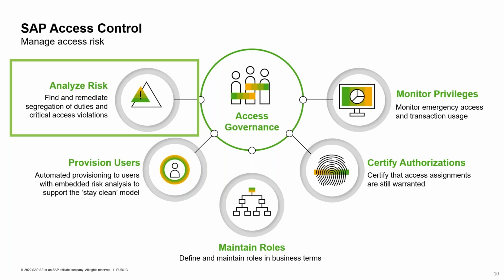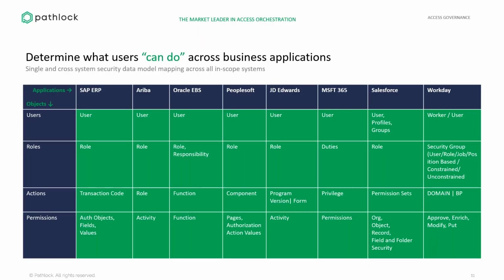And using access control, you could also set up a direct connection and configure a one-time connection between access control and Ariba and map to the security authorization concept, so that when you run a batch risk analysis and ad hoc risk analysis or even simulate risk in real time, you will be able to understand what users have access to do in SAP Ariba as well as SAP. Giving you that cross-system SOD risk, the way we do it, to understand the authorization concept of whatever cloud procurement system you are using,